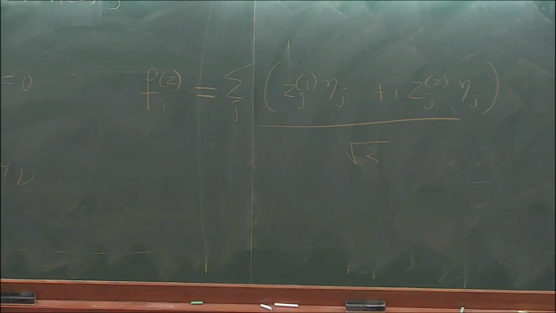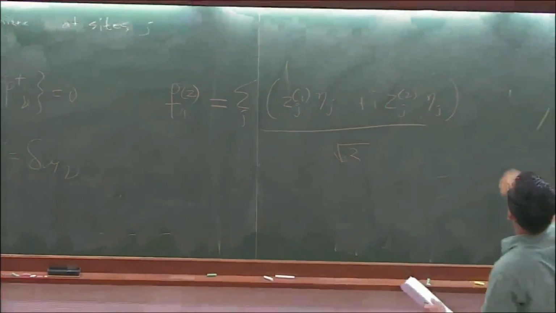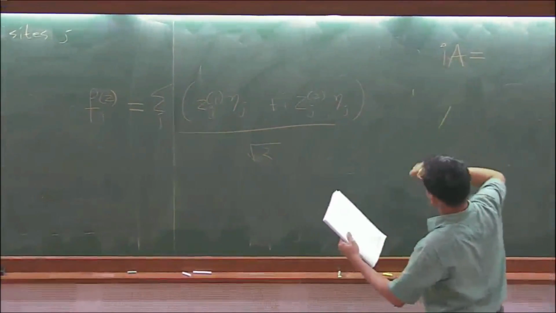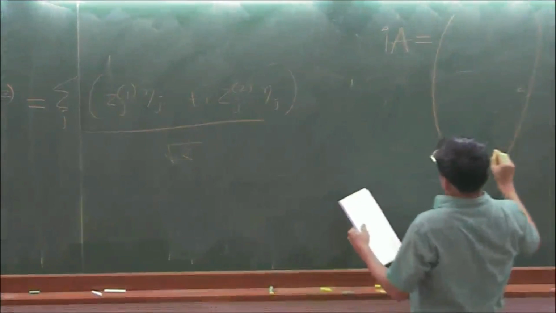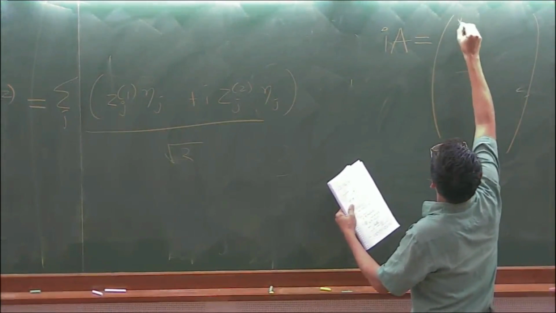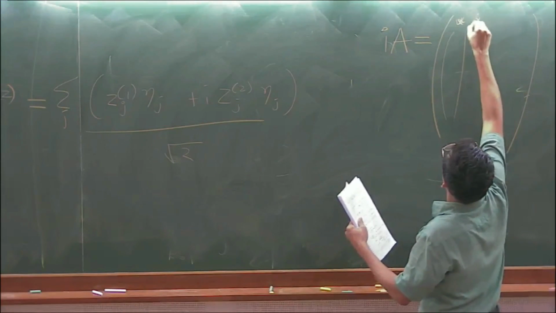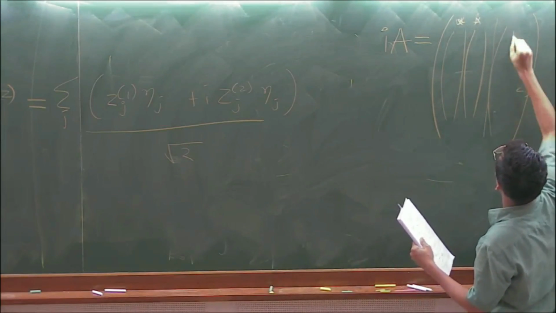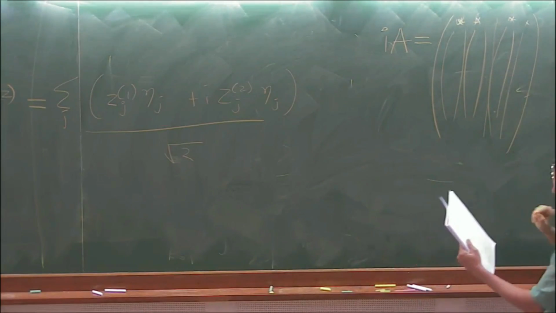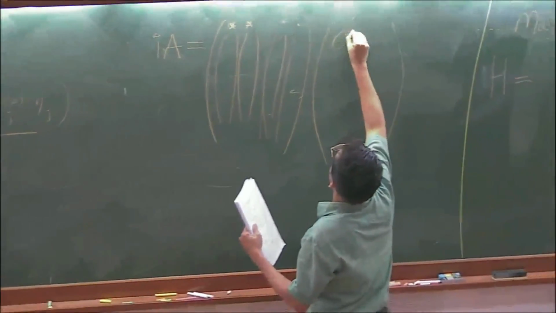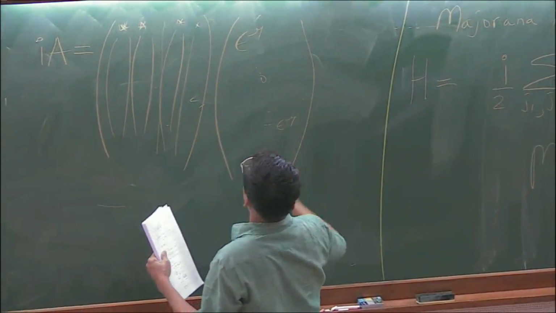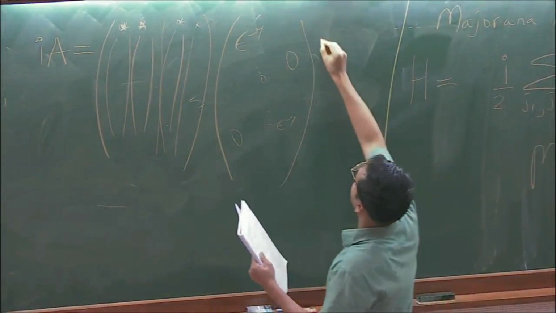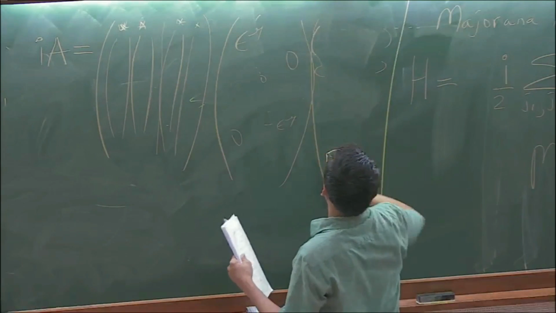So let's write that last step down. This is the general statement. If you rewrite everything now in this language, remember, what does it mean to be eigenvectors and eigenvalues of a matrix? As Mustansir was saying, it means you have a bunch of columns here. These are all the eigenvectors arranged as columns, all the positive ones first, then the zero energy ones, then the negative ones, all complex conjugated. And here are my eigenvalues, epsilon mu, and then some zeros, and then minus epsilon, and then zeros, a diagonal matrix. And here the eigenvectors are arranged as rows in a giant matrix.